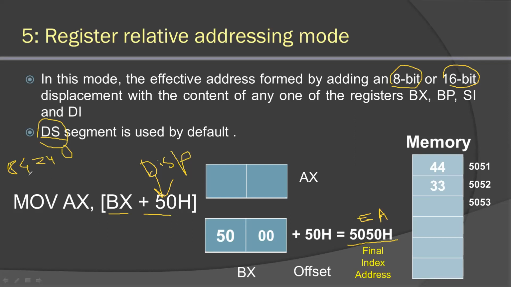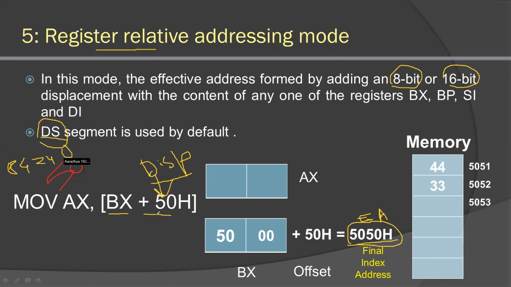Now what value will be added to this number? In earlier type of addressing mode, directly 5000 were added to form final physical address. Now in this example, what we need to add? We need to add this value, which contains the addition of register value plus displacement value. That's why it is known as register relative. Means register will contain one value, 16-bit value, and relative means some displacement should be added. Okay?